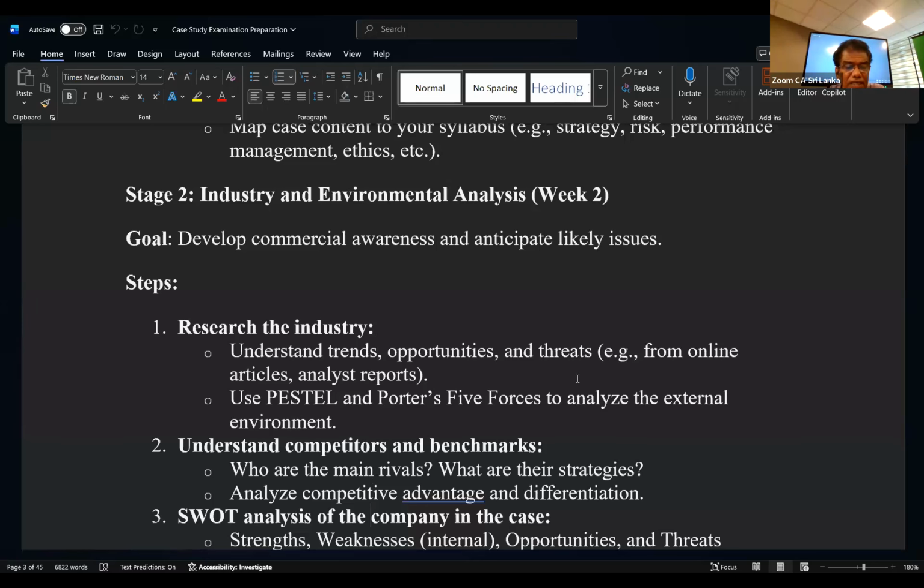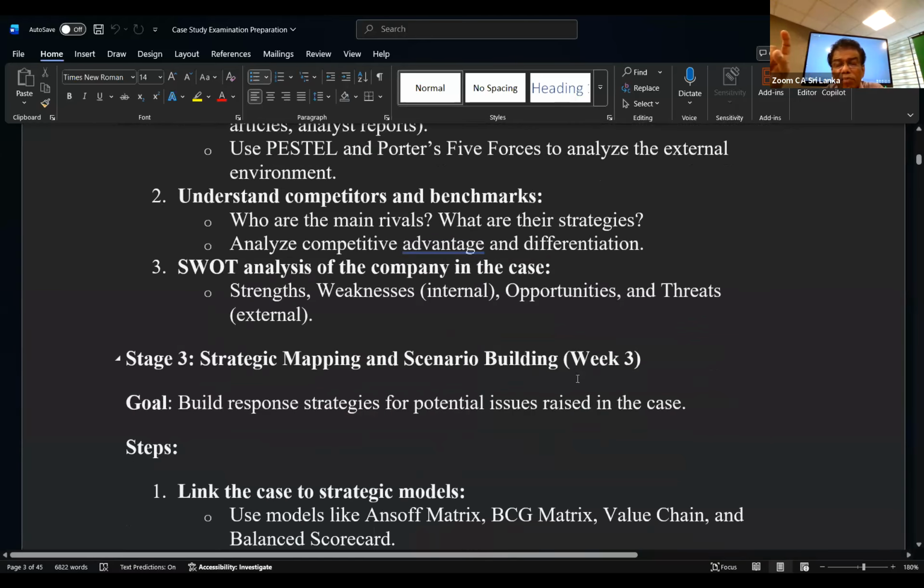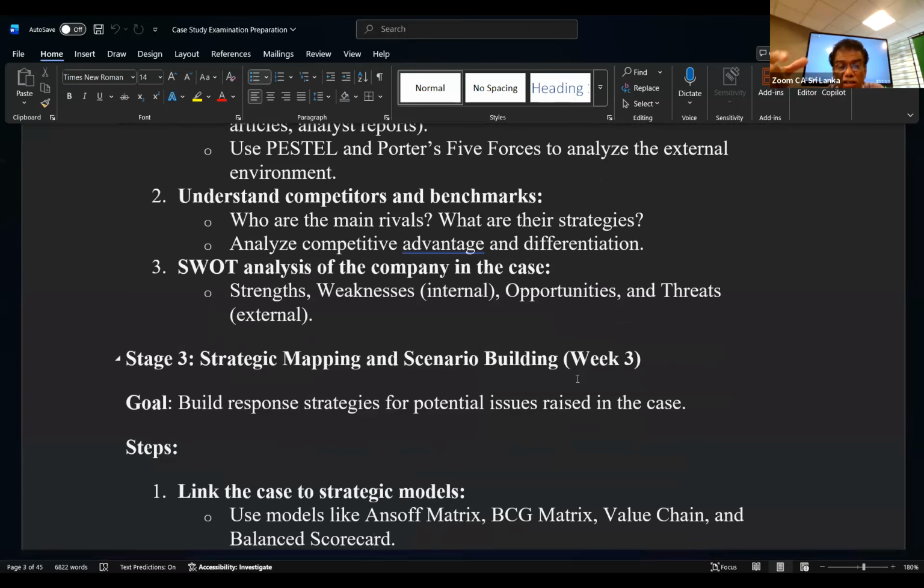Collect all those things. Read the annual reports and see whether risk management was done properly, and whether they have started bringing new technology to Sri Lanka. You must familiarize yourself with everything now. Understand the competitors and benchmark them. Who are the main drivers? For your size of bank, analyze competitive advantage and differentiation, your specialty to survive in this market. What are the capabilities you have to identify?